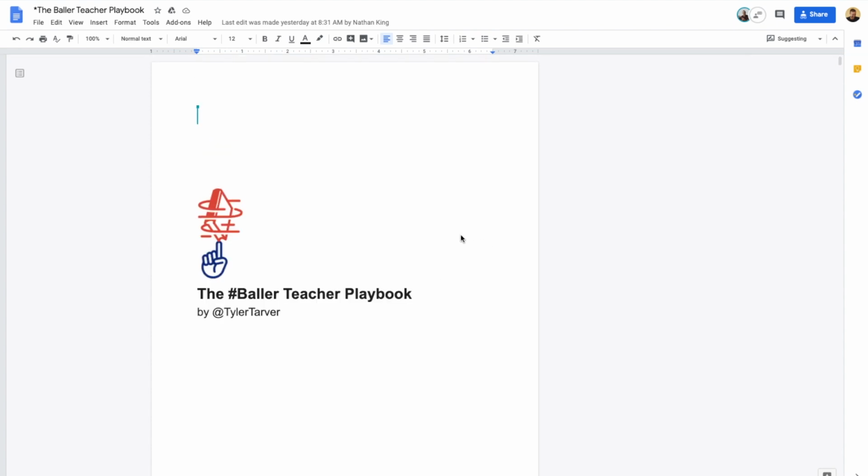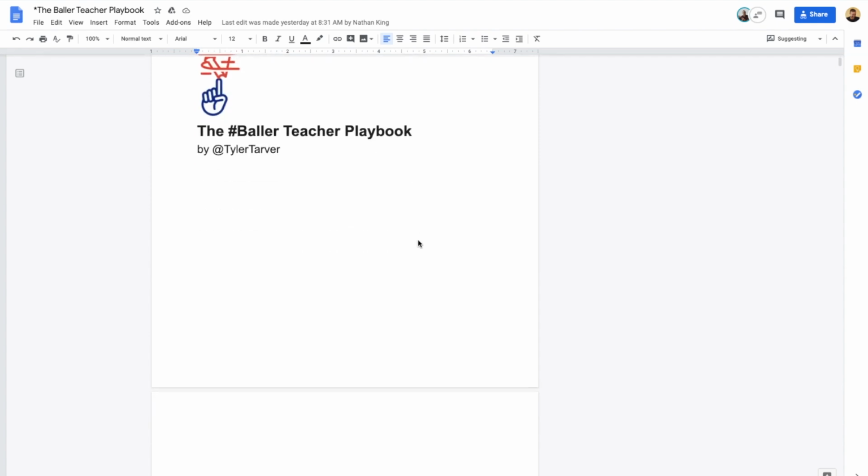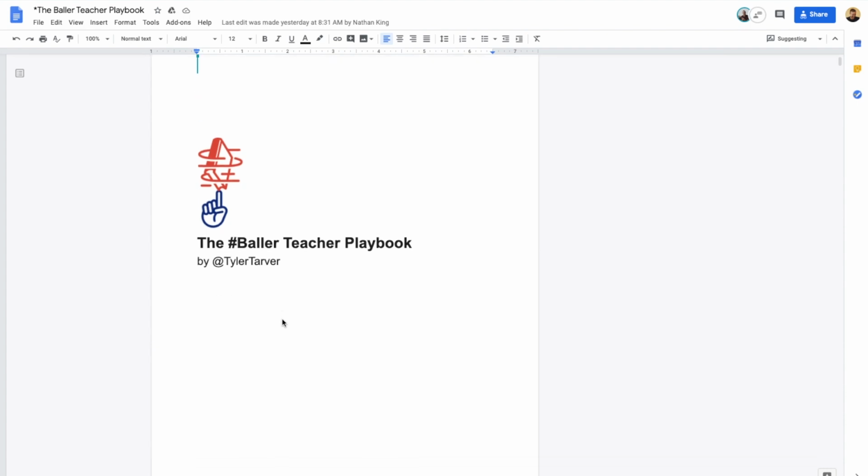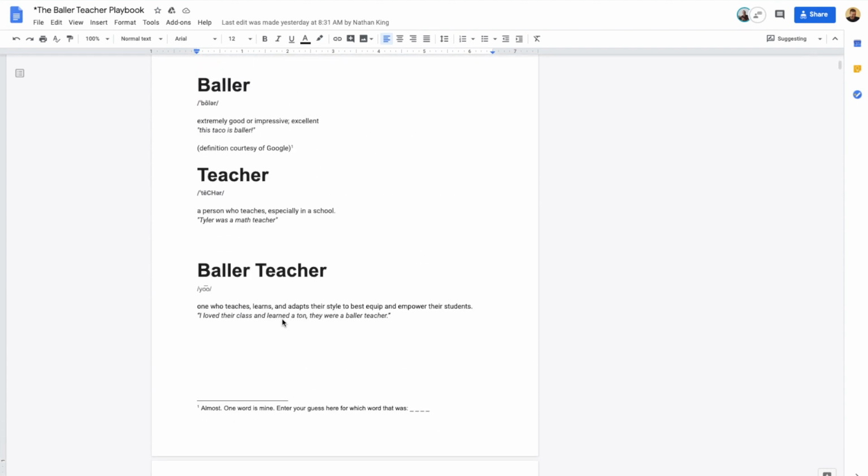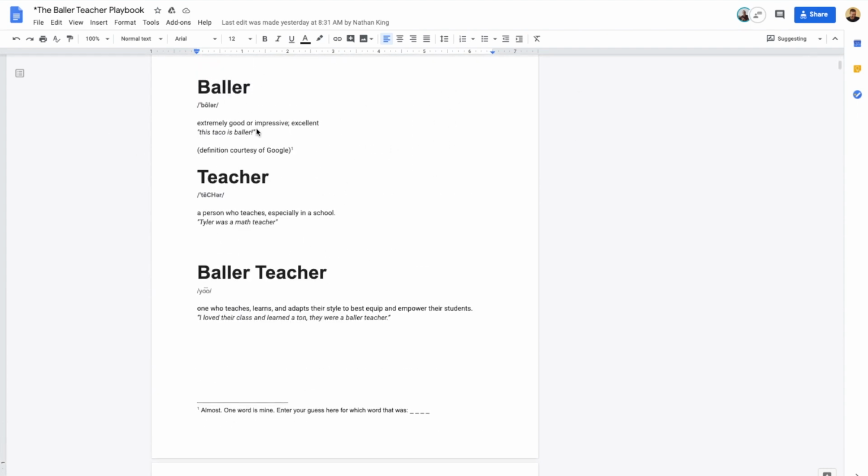Okay, so I'm going to show you really quick how to suggest edits on someone's Google Doc. I'm in my book right now that I'm writing, and I'm going to suggest some edits. In this, they have shared with me